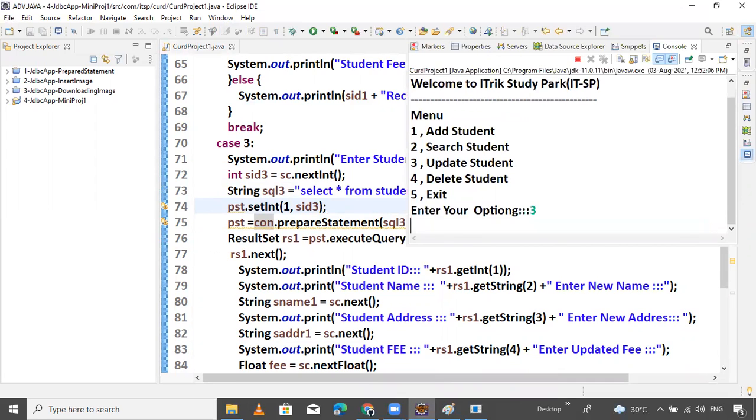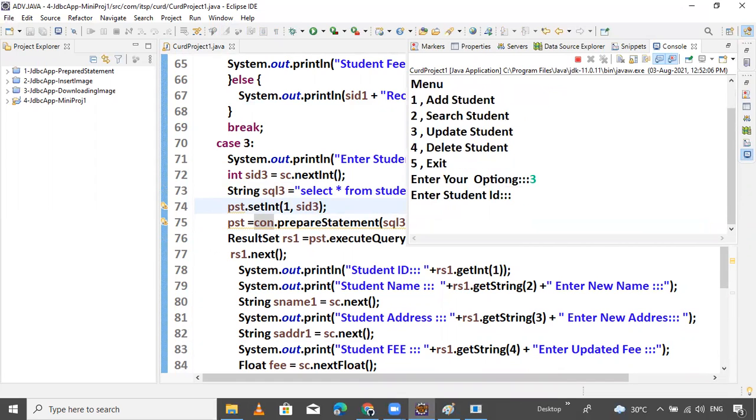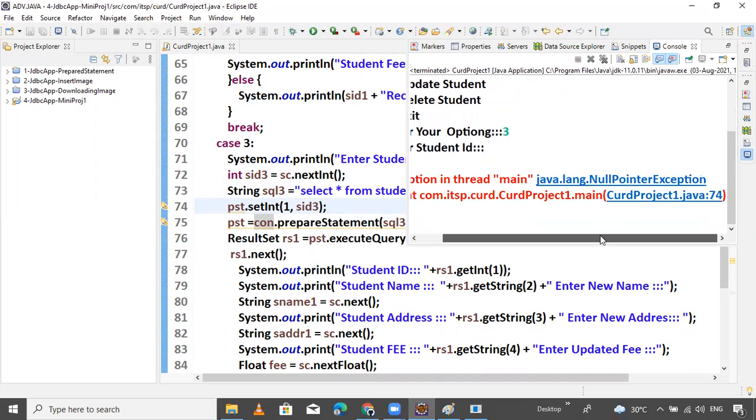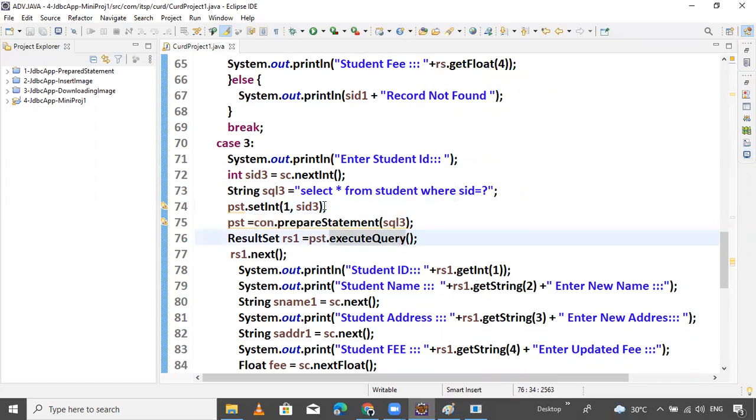Let's see the fault. Enter 103. Now again it's coming as a null pointer exception. The statement is good, PST is good. Which line? Give the exception.